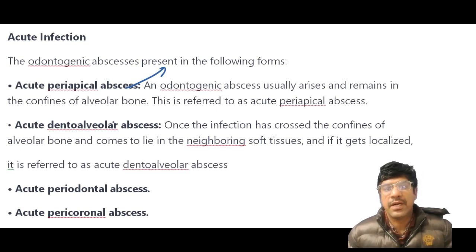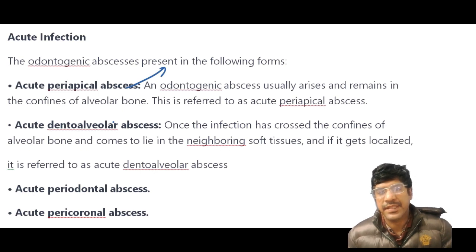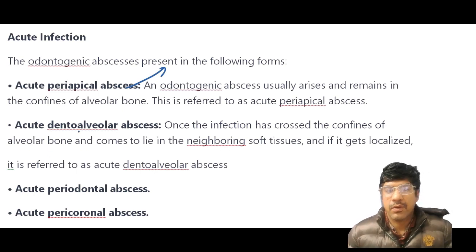Second is the acute dentoalveolar abscess. When the infection breaks down from the alveolar bone and spreads into the nearby soft tissues, it is known as a dentoalveolar abscess. Third is the acute periodontal abscess or the acute pericoronal abscess. A pericoronal abscess occurs around partially erupted teeth, usually the wisdom teeth,